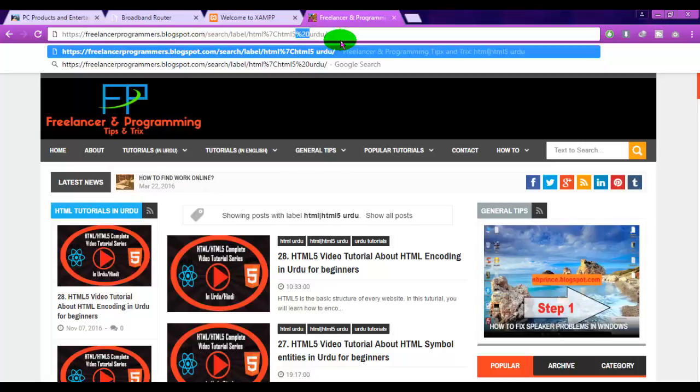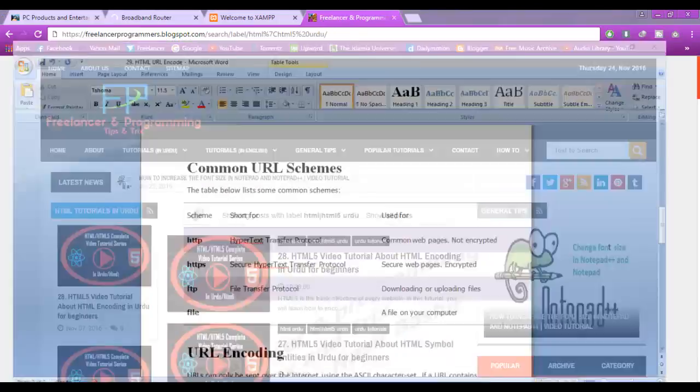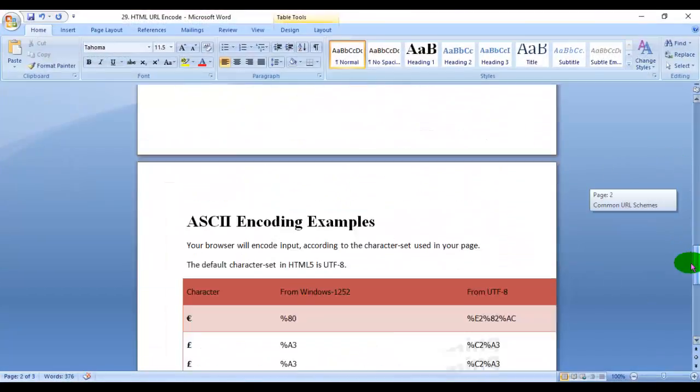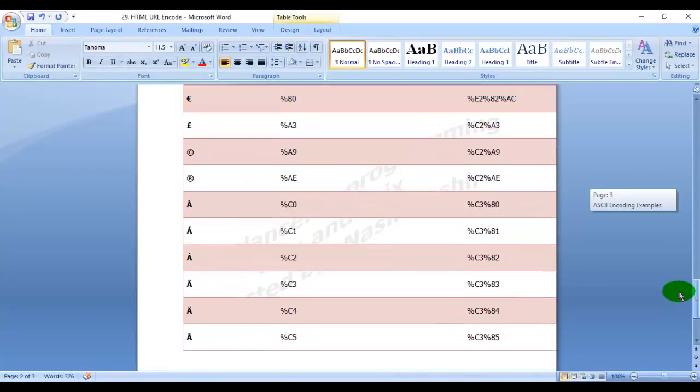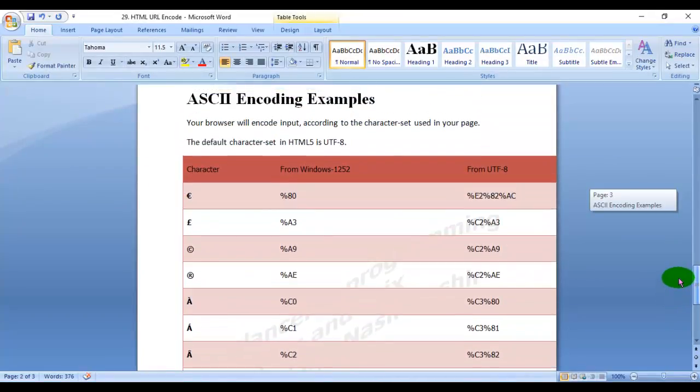Here, as you can see that %20 is used for the space, right? And URL cannot contain spaces. URL encoding normally replace a space with the plus sign or %20, and here are some examples of the URL and signs which we use in our URL. Then we should use their